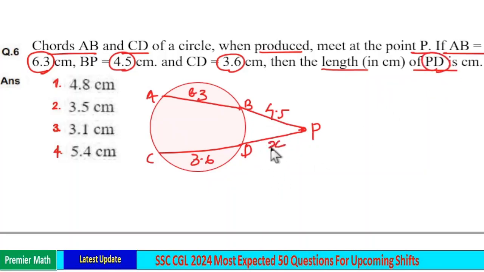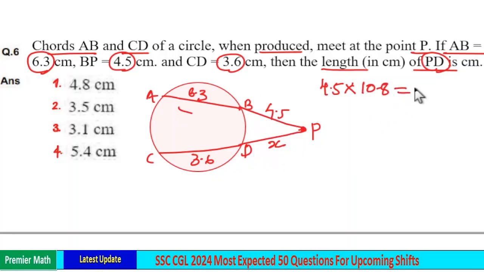PD, I will consider as x. Now this is the external point P and these two are secants. Now these two secants are drawn from the same external point P to the same circle. Now here the external segment length is this one, 4.5. So take the sum of this secant segment: 6.3 plus 4.5 is equal to 10.8. So 4.5 into 10.8 is the same as